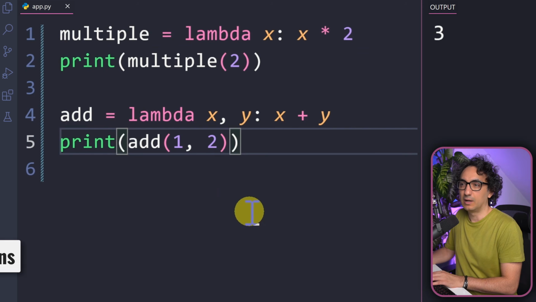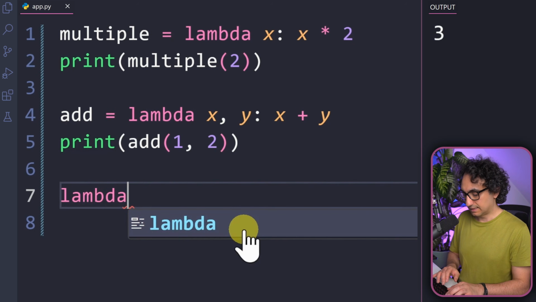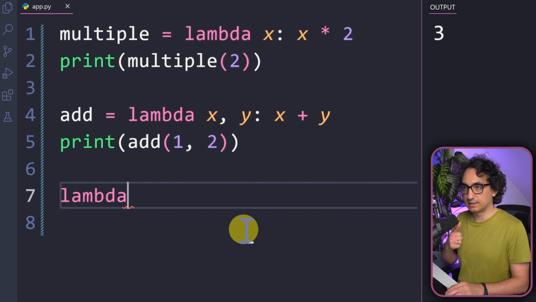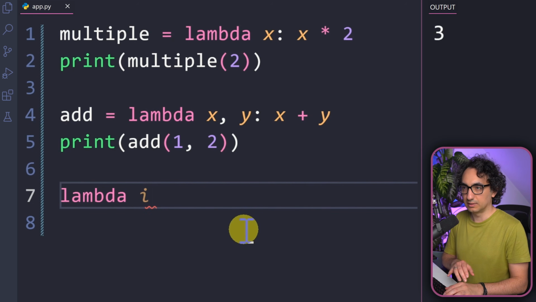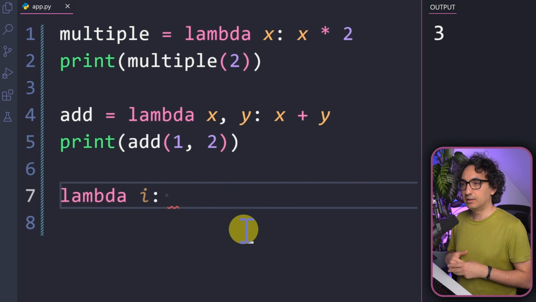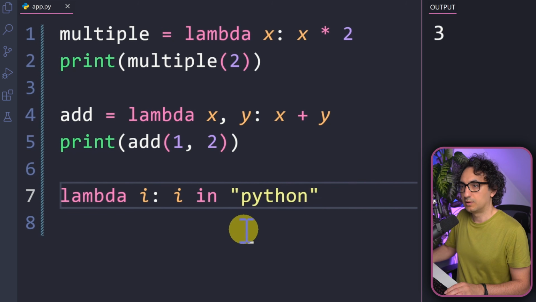So far, as you can see, we are using some kind of calculations on top of our input. But now we can make a check in order to check the input. We don't want to calculate anything. We are just analyzing and checking. So our expression will not be manipulating the data. It will be just checking. For example, let's say that I'm going to check whether a character or a letter is part of another string. So we can say lambda. We are checking only one value, so it is only one parameter. The input is going to be only one character. We could use any variable, so it doesn't always have to be an x. We're going to say i colon, and then the expression this time is going to be a normal check. We're going to say i in, and then let's have any string value, for example Python. So I'm checking whether the input character is in our string. So that's it.